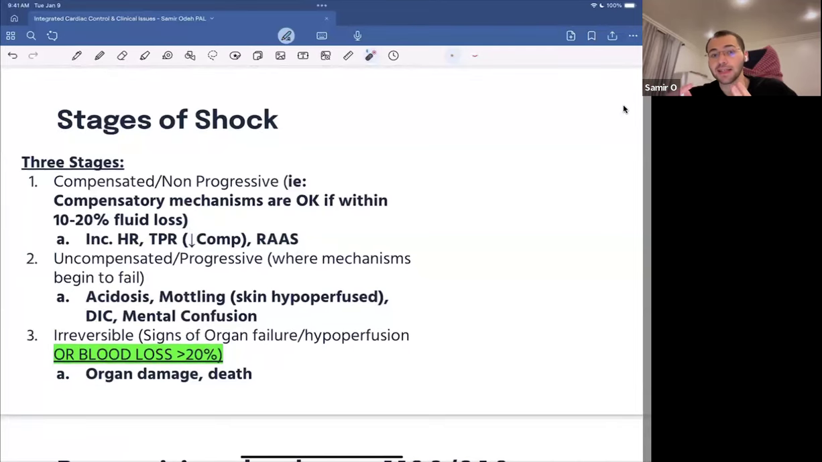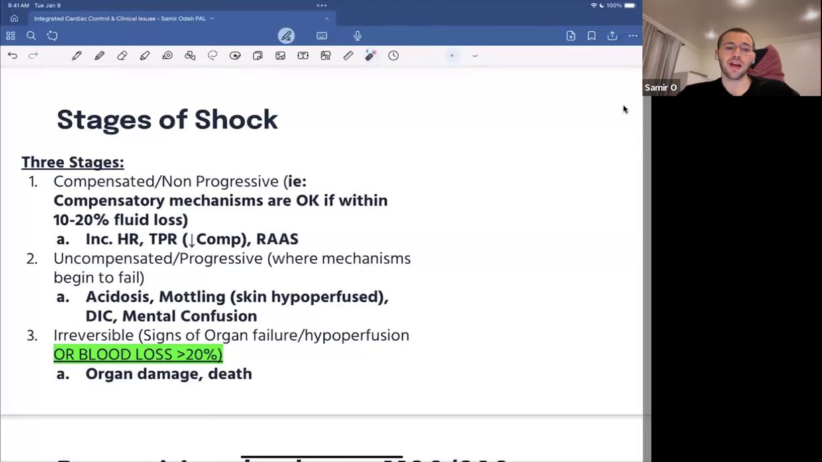Uncompensated is essentially when you start to see signs of something going wrong. So this is going to be acidosis. This is going to be skin mottling. Skin mottling is essentially when you have patches of skin that are purple, so the color of the skin is very odd. You're going to see different presentations of skin mottling, but if you see it mentioned, just imagine that all the capillaries in your body are constricting and stopping the blood flow to your skin, because your body needs all that blood in the areas where it's needed,